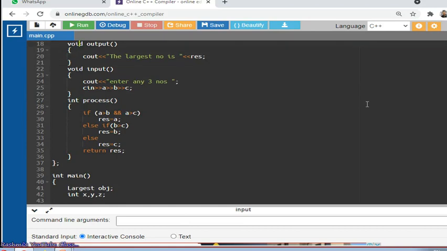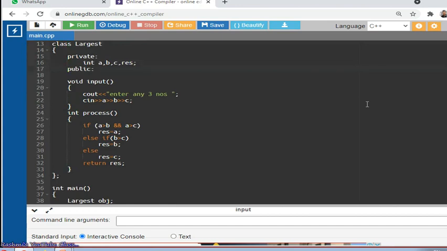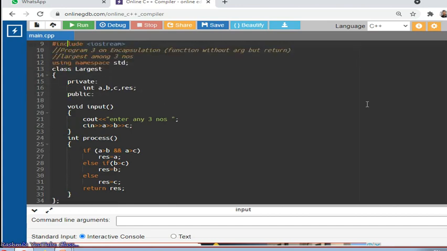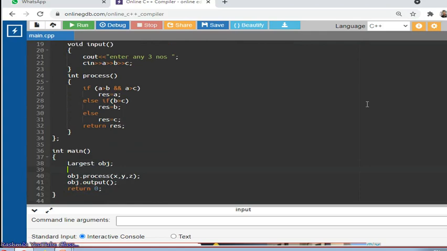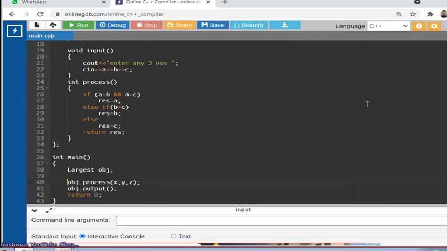So it means the output has to get removed from here, students. Output is not required in this case. Understanding now? Because output is not required here, as the concept says function without argument but return. It means we have to collect the input, we have to process, but the output we have to give back to the call function, to the main function. So in this case output won't be here, output has to be somewhere else. So what do we have to do? It means we have to call the input.